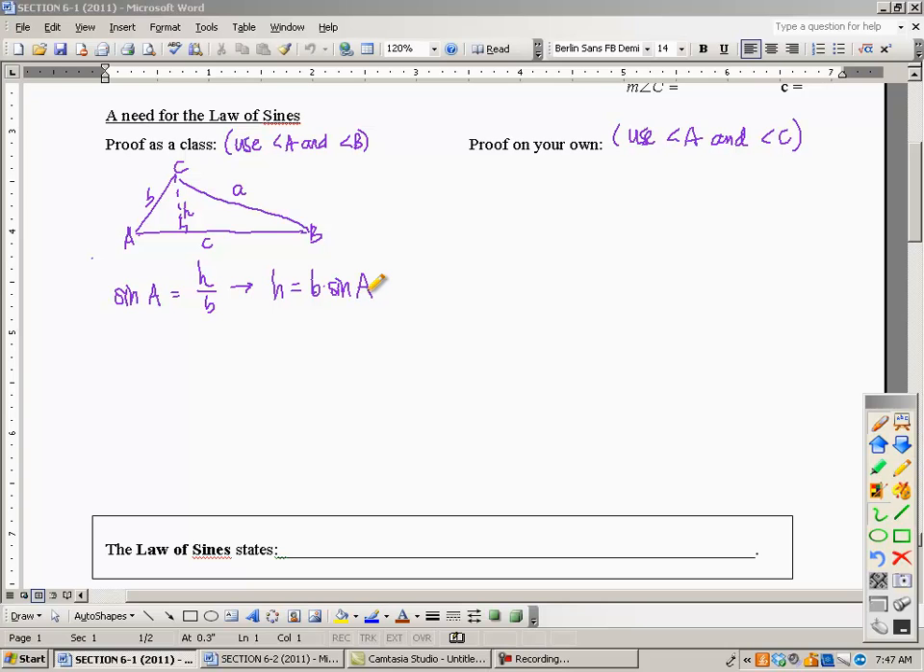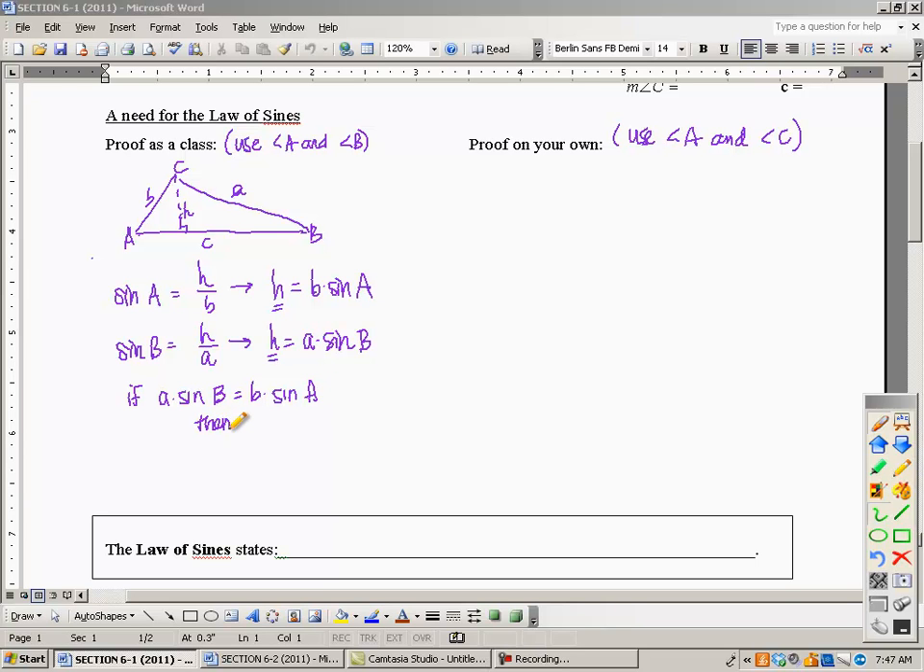Okay? And since I'm using angle A and B, I'm going to do the same thing. The sine of B is the height over side A. So therefore, the height is A times the sine of B. Now, because these are both equal to the height, I'm going to set them equal to each other. If A times the sine of B equals B times the sine of A,